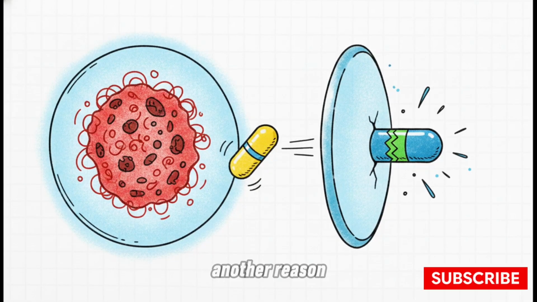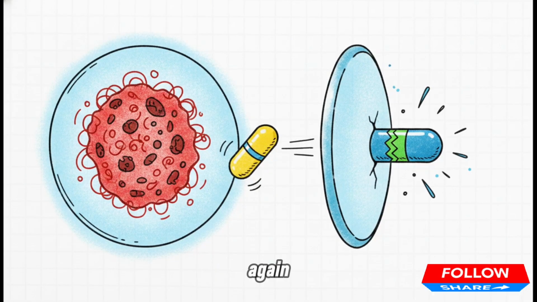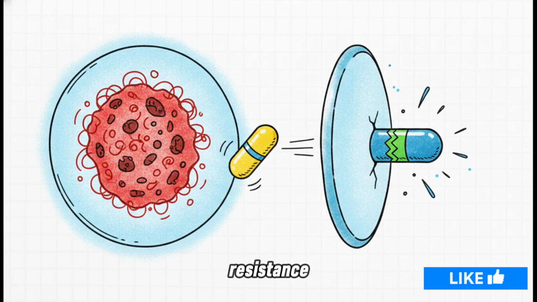However, there is another reason cancer can start growing again, and that is treatment resistance. Because cancer cell genes are so unstable, they can actually continue to mutate even while treatment is happening, effectively building a shield for themselves. Sometimes a brand new mutation pops up that makes the cell totally resistant to a chemotherapy drug that was previously working perfectly. If the cancer stops shrinking because it's become resistant, the doctors will just pivot. They'll try a different treatment path to try and outsmart those new mutations.